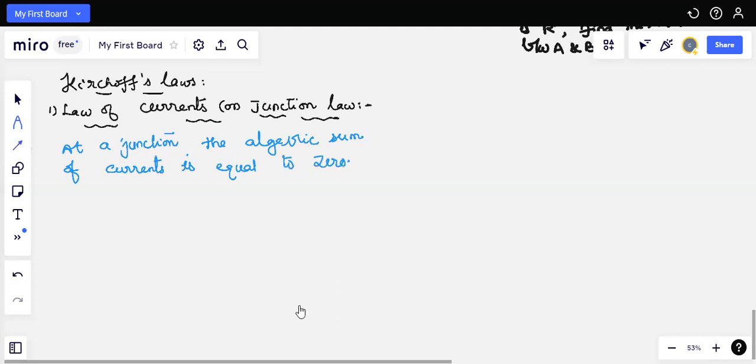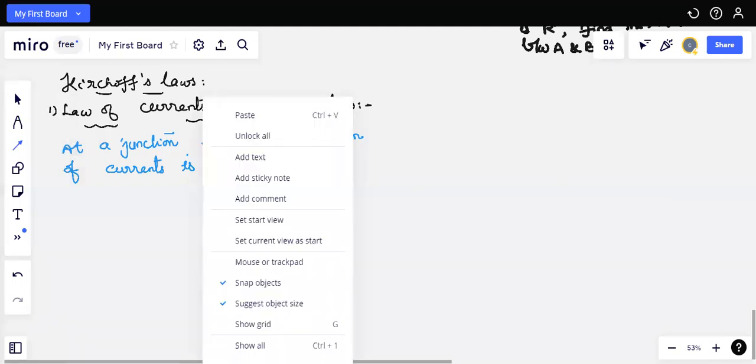Like in a circuit, suppose you take here, this is a junction, and at the junction,